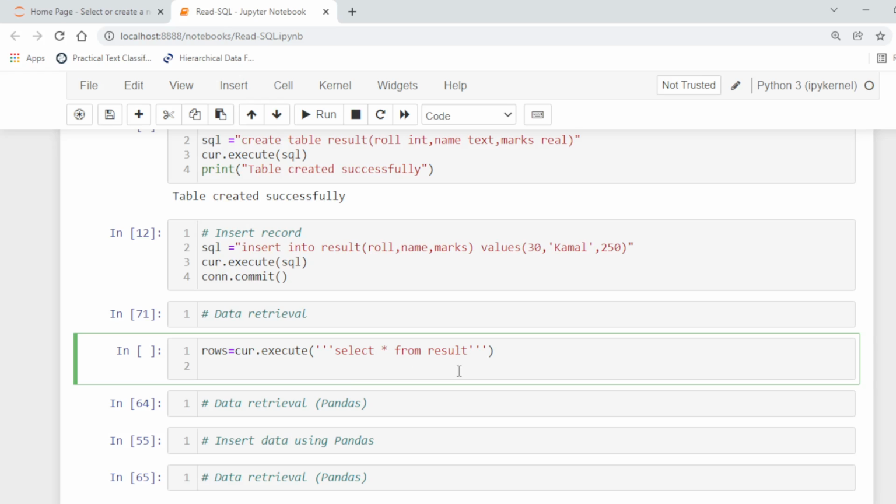It will return all the rows stored in the table result, and after retrieving the results we can display the records.